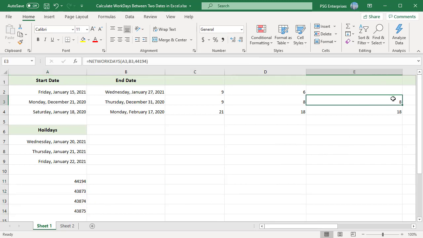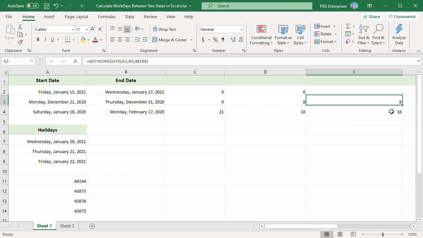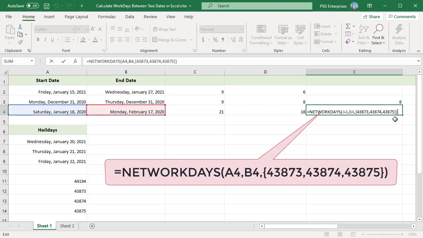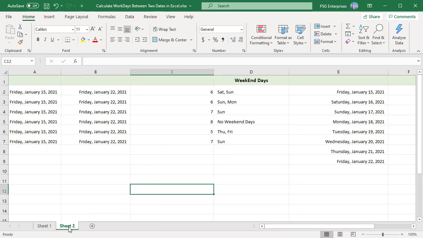Enter a single serial date for a single holiday. If you want to enter more than one holiday as a serial date, you need to include your serial dates as an array constant. The one drawback of using NETWORKDAYS is that it defaults to excluding Saturday and Sunday. Sometimes weekends vary. They might be Sunday and Monday or just Sunday, etc. Excel has this covered with the NETWORKDAYS.INTL function.